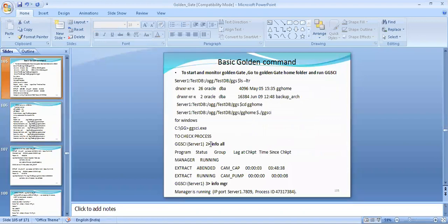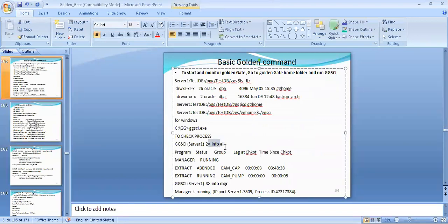You can see here info all. When we run info all on the source environment, you will get all details about the processes. Here the manager process is running, one extract process is abended, and the second extract process is running. So you can check process-related information using this command.